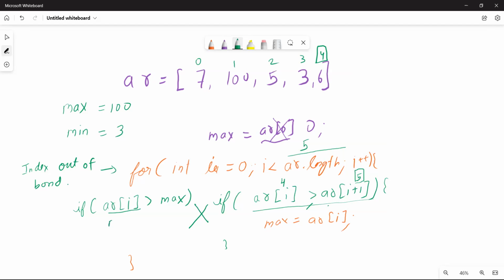Max equals to array of I. Now guys, just try to understand what is the problem with this approach. Every time we are comparing the adjacent element. I'm talking about this approach, the second approach, where you're comparing the adjacent